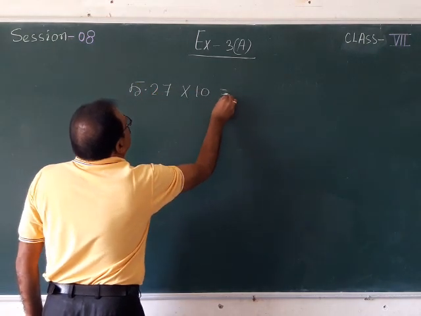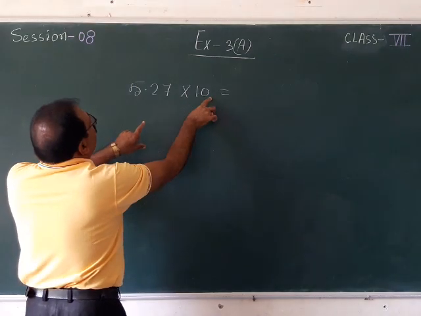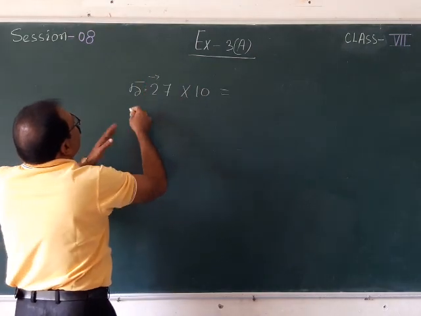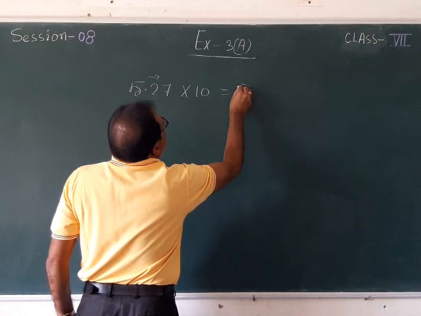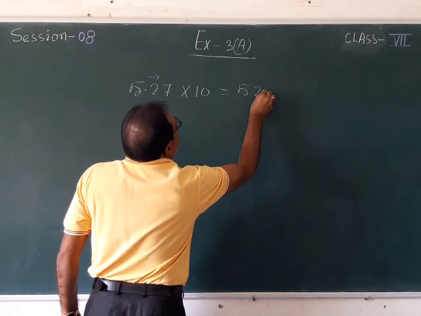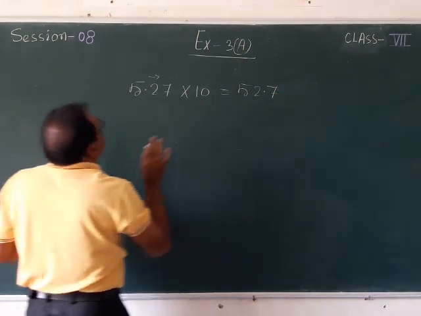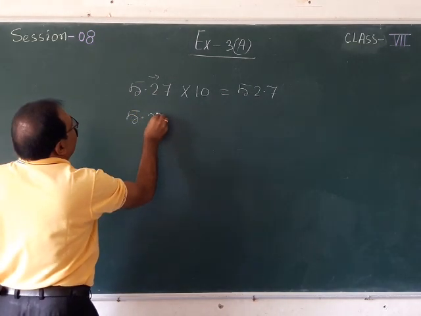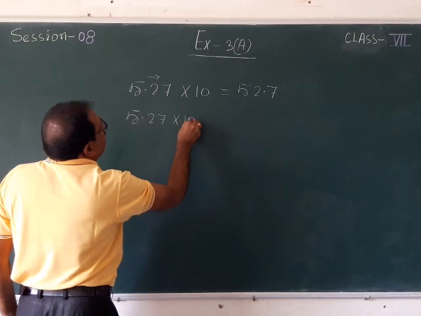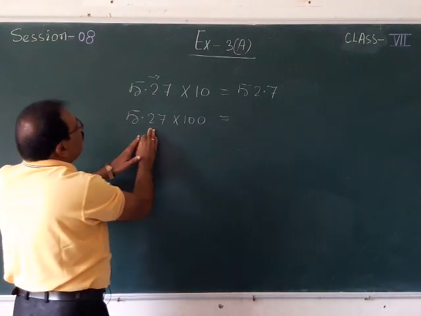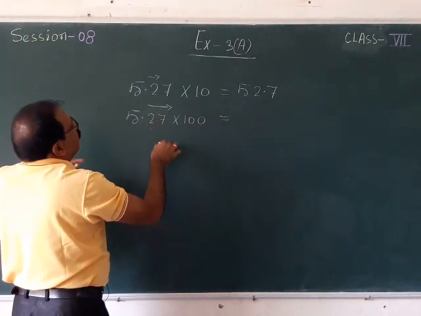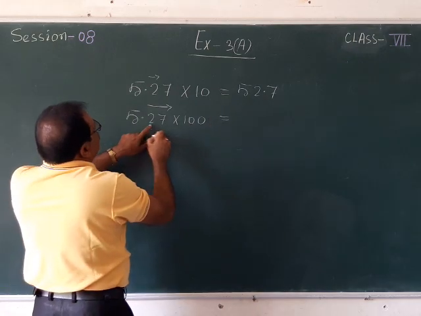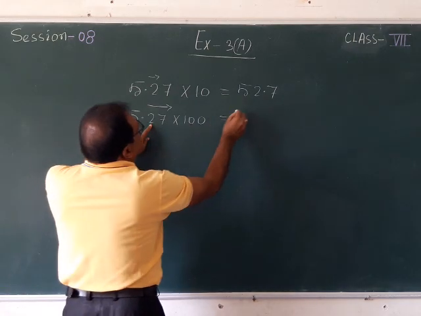10, you know that with 1 followed by a zero, the decimal will be shifted one digit to the right, so that may be written as 52.7. Without actual multiplication you can write your answer. And if 5.27 is multiplied by 100, then you know that the decimal will be shifted 2 digits right. So 2 digits are there, 2 and 7, so it will be